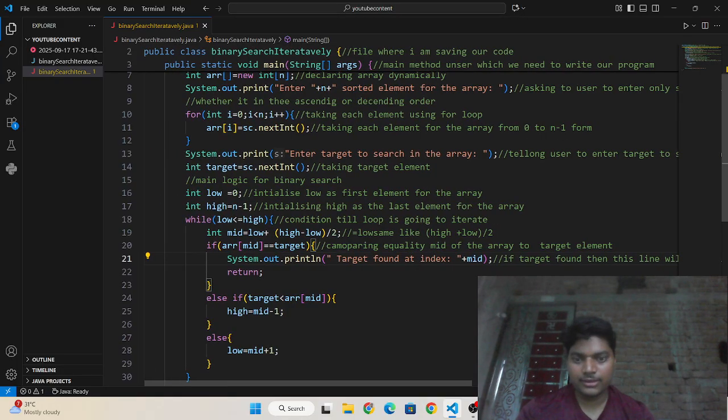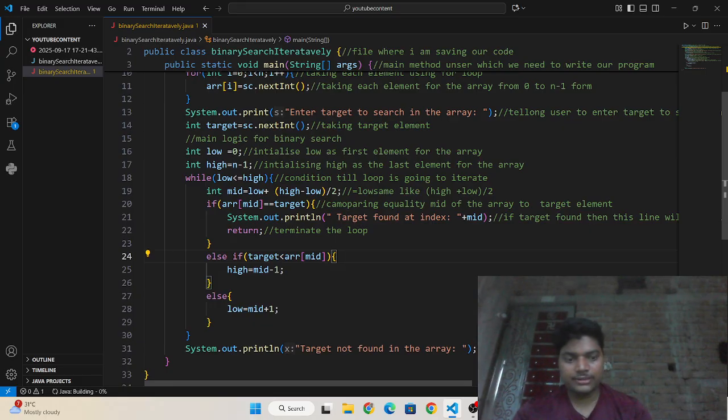Okay, and we are using return here to terminate the loop.